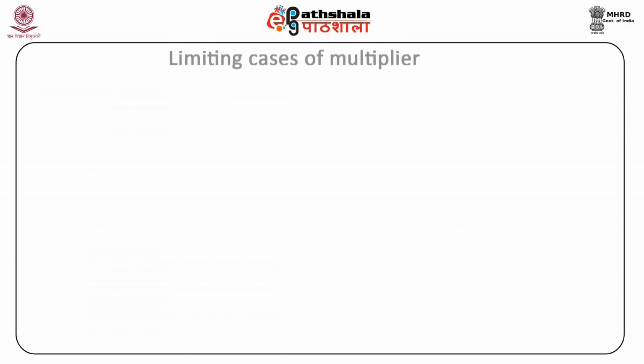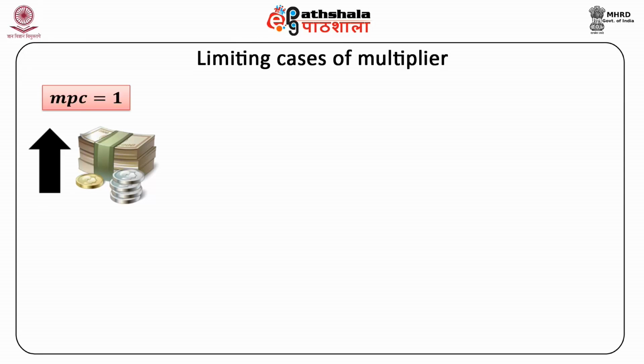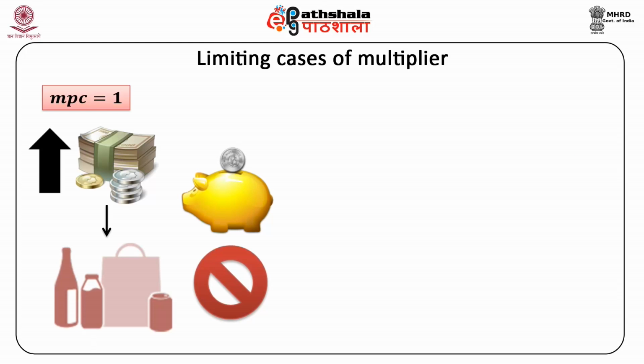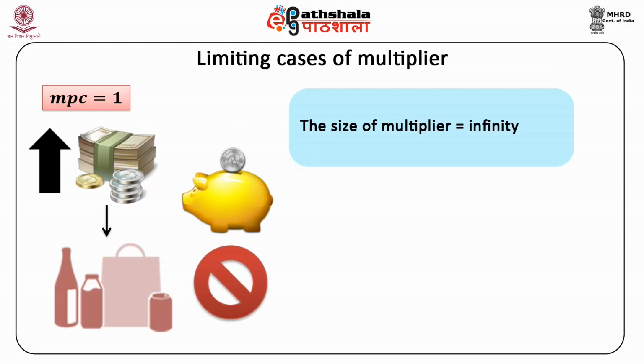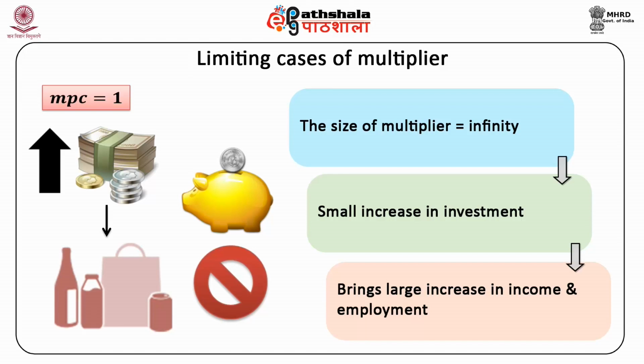There are, however, two limiting cases of the multiplier. One limiting case occurs when the marginal propensity to consume is equal to 1, that is, when the whole of the increment in income is consumed and nothing is saved. In this case, the size of the multiplier will be equal to infinity, that is, a small increase in investment will bring about a very large increase in income and employment so that full employment is reached and